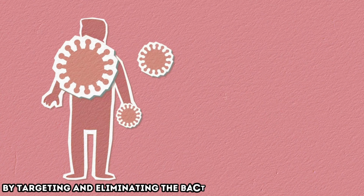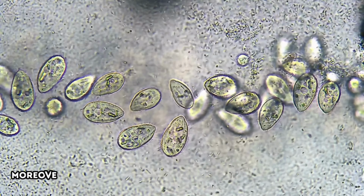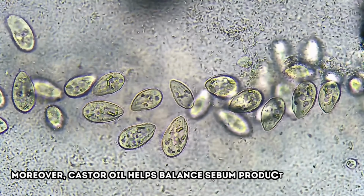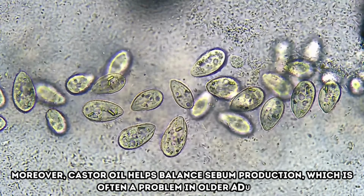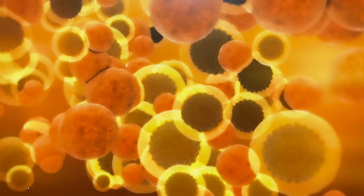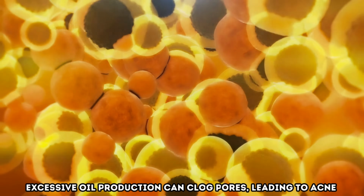By targeting and eliminating the bacteria that contribute to acne, castor oil prevents future breakouts and reduces the severity of existing ones. Moreover, castor oil helps balance sebum production, which is often a problem in older adults. Excessive oil production can clog pores, leading to acne, but castor oil helps to normalize oil levels, keeping the skin